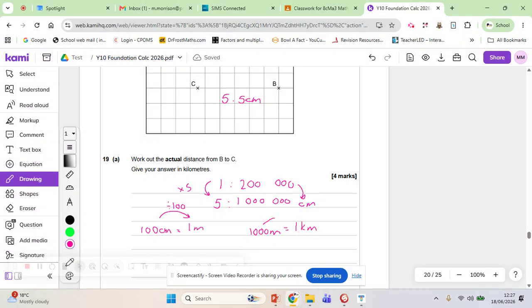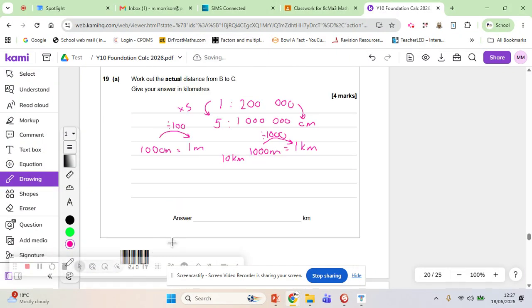So to go from there to there, I'm going to have to divide by 1,000. So again, I'm going to take my answer, divide by 100, press equals, divide by 1,000, press equals, and we end up getting 10 kilometres. So therefore the answer